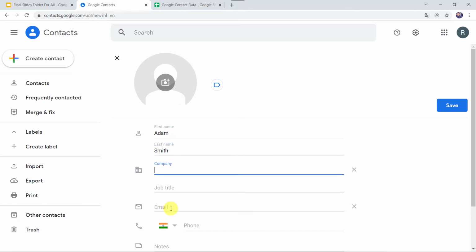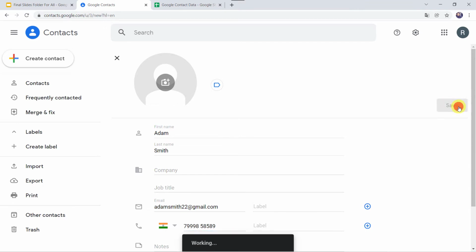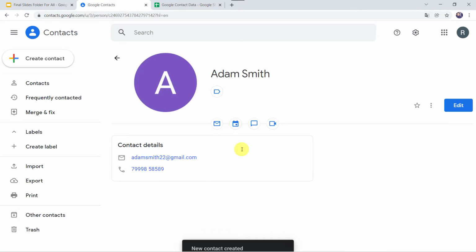Okay, I'll add the email address over here, that is adamsmith22@gmail.com. Okay, and let's add the phone number over here. Let's click on save.